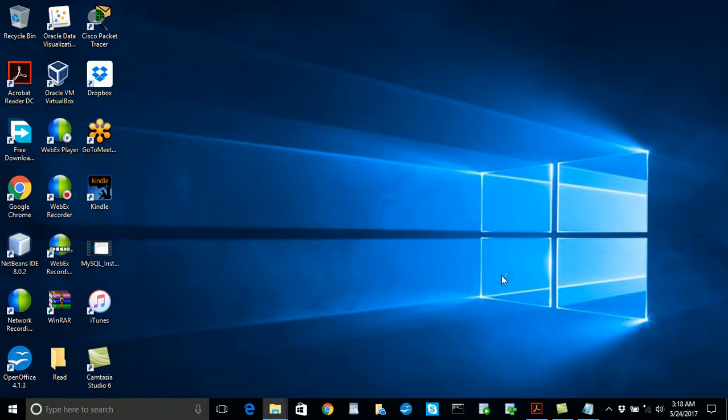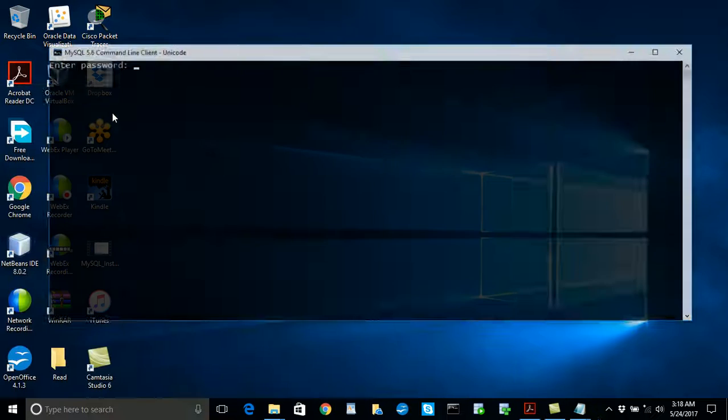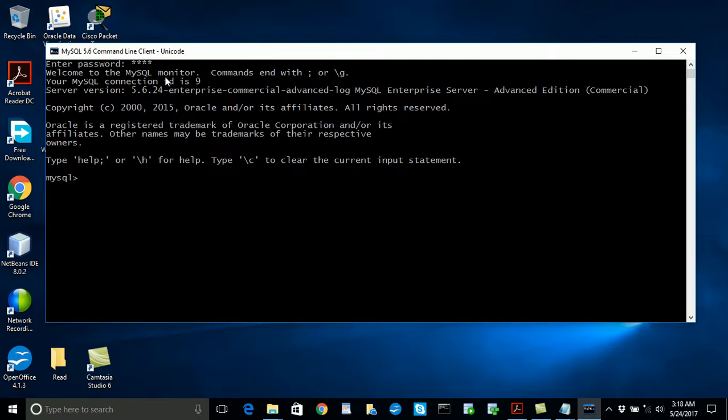So for you to see other tools that got installed with your MySQL installation, here you can see the traditional MySQL command line, and I can double click on it. I can see this is the command line. You can see it's asking me for the password. The password I set during our installation is root. You can see now that the command line is up and running, and from here you can always